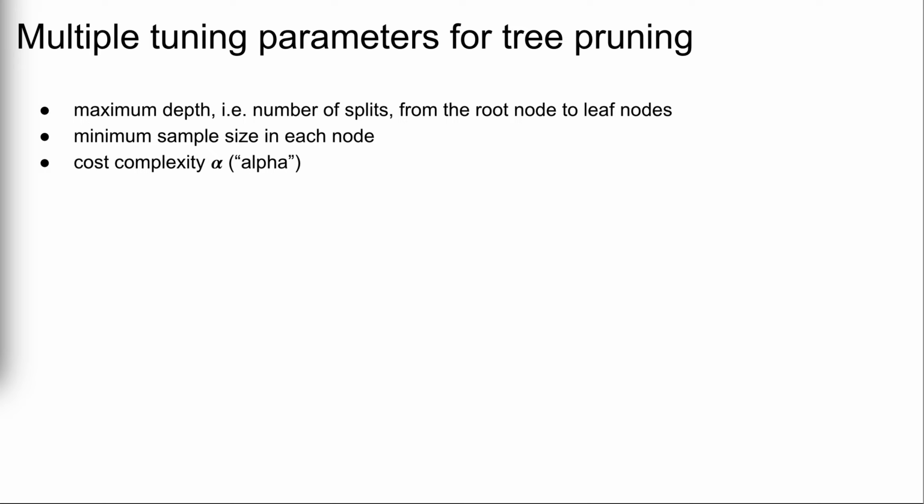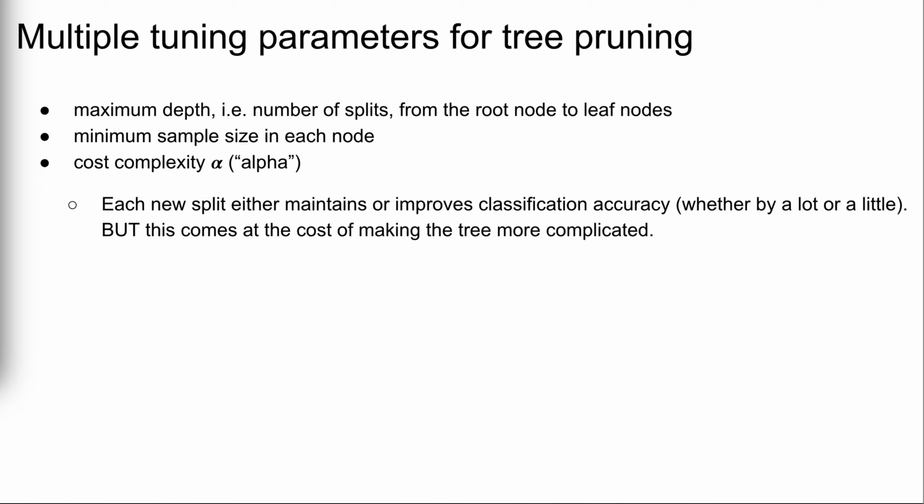Yet another consideration when pruning trees is the cost complexity parameter. This is typically represented by the Greek letter alpha. To understand cost complexity, it's important to first note that each new split is either going to maintain or improve classification accuracy, whether by a little or a lot. But these additional splits also come at the cost of making the tree more complicated. With that, the alpha cost complexity parameter, which can take any non-negative value, penalizes the number of splits in a